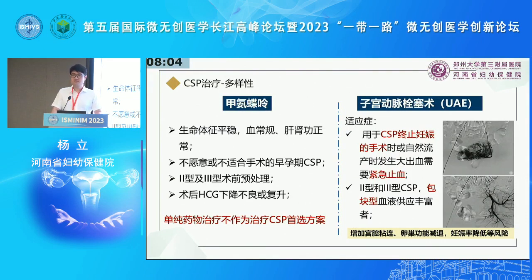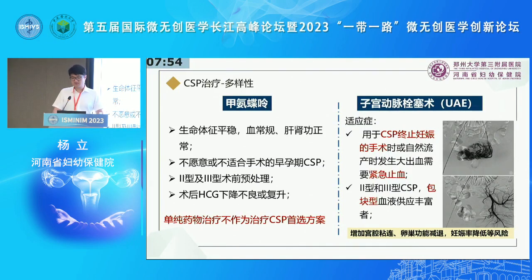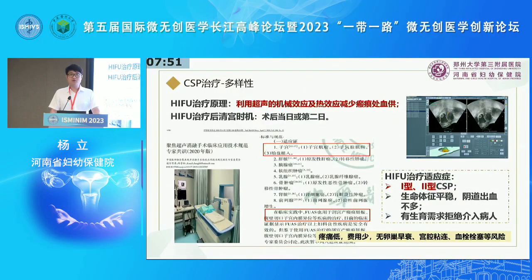And the traditional way is the temporary blockage, so it will increase the risk of uterine cavity adhesion or dysfunction of the ovary. So we can also consider HIFU treatment to treat CSP. It uses the mechanical and thermal effects of ultrasound to reduce the blood supply of the scar. And the second day, or even on the same day, we can conduct the